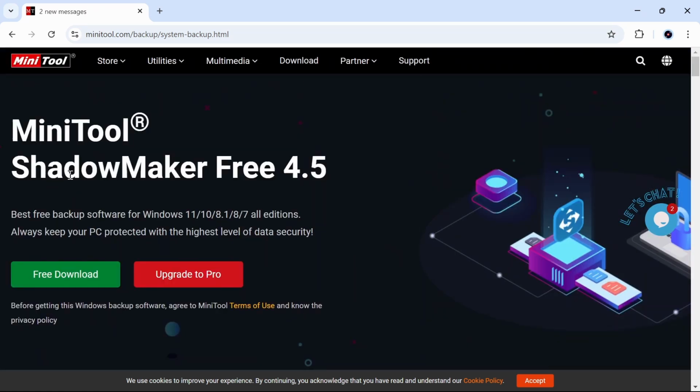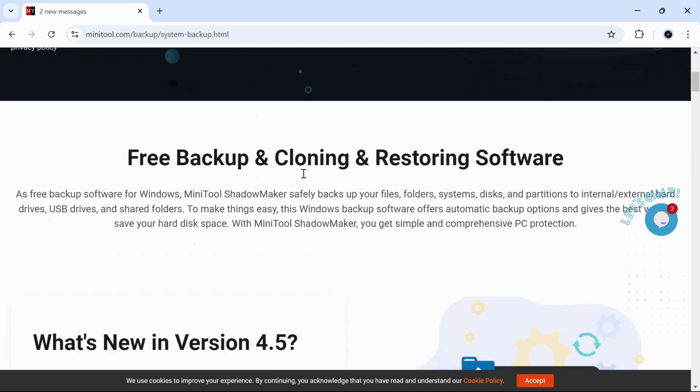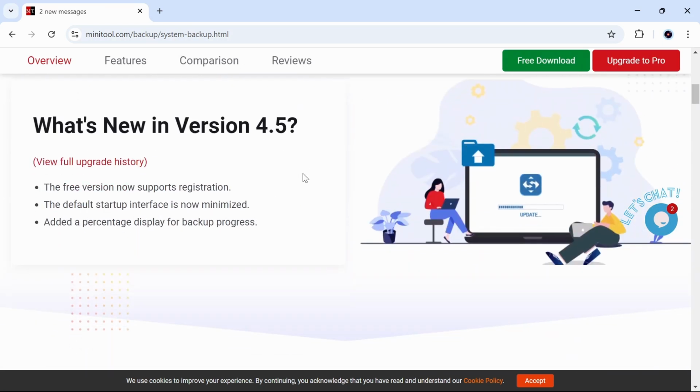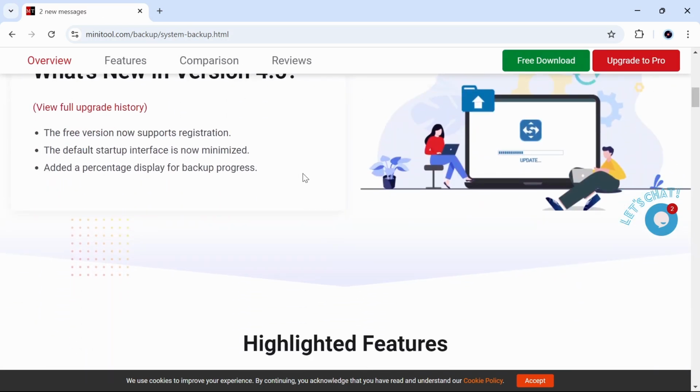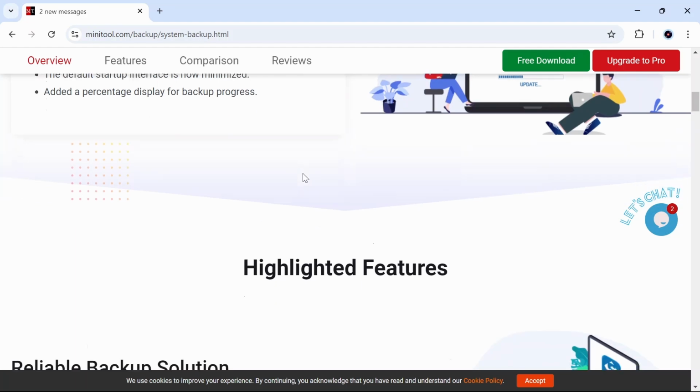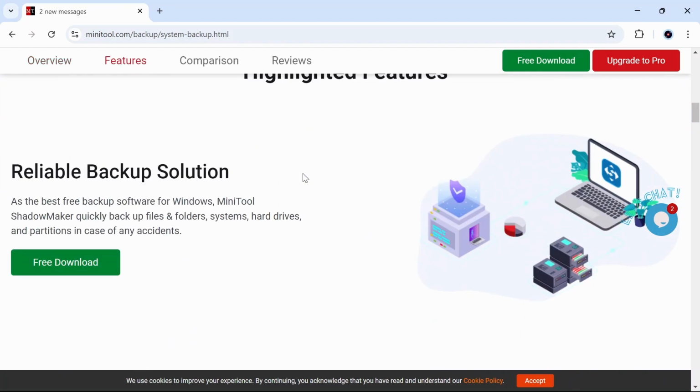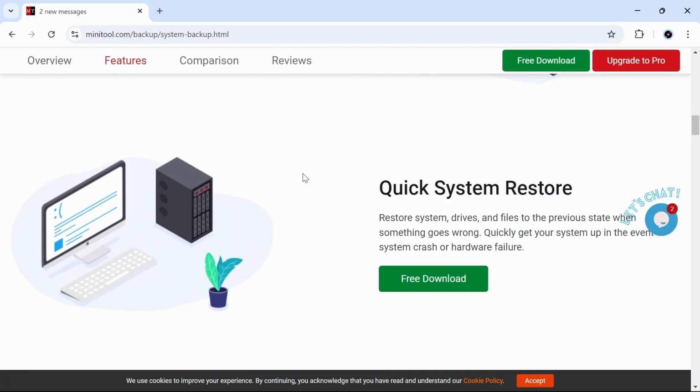Are you looking for a reliable and easy-to-use backup solution? MiniTool ShadowMaker, a powerful backup software that offers comprehensive protection for your data, whether it's for personal or business use. In this video, we'll dive into all the features and options that make MiniTool ShadowMaker an essential tool for safeguarding